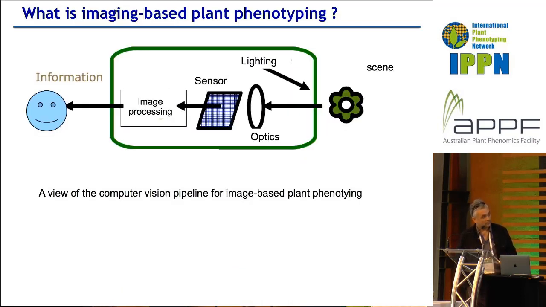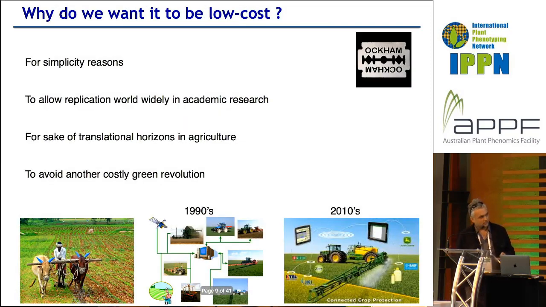Here I will focus on plant phenotyping by imaging, which also includes this pipeline. And actually, if you want to do it low cost, you have to respect a certain number of conditions